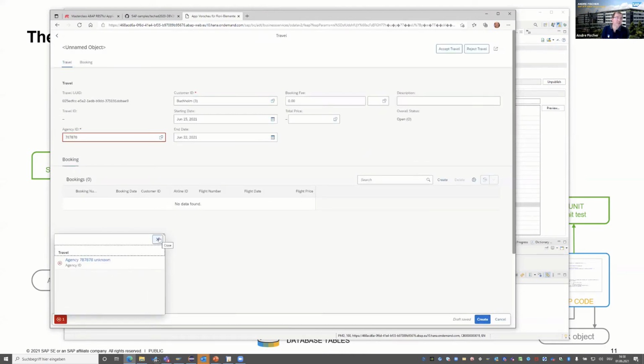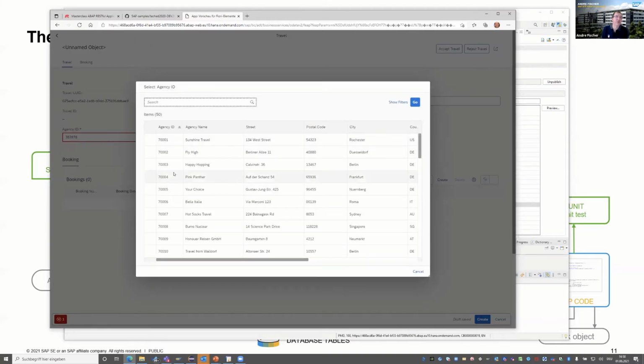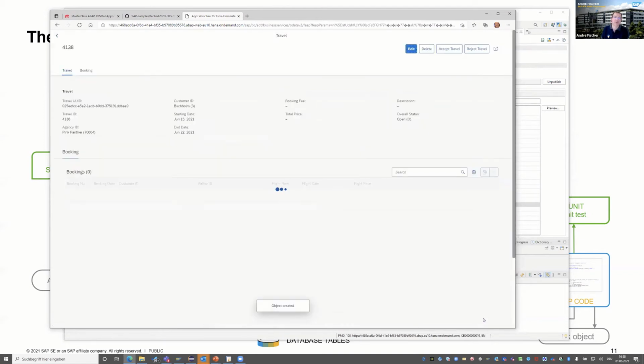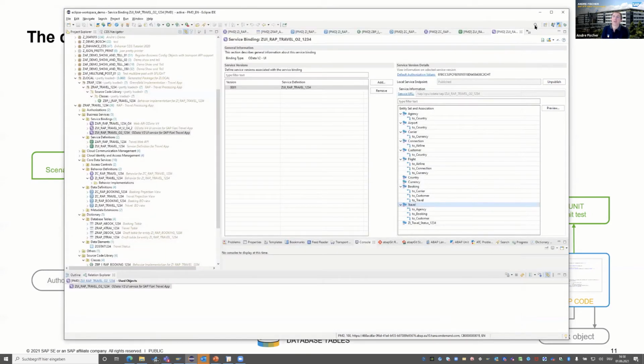Okay, the agency, this is a validation, so I've just entered an agency which is not there. But if I select one from the value help, you see a draft has been saved automatically when I had an interaction with the UI, and this is now saved.